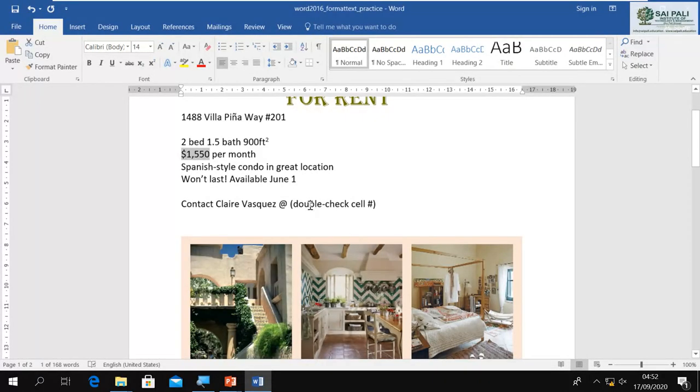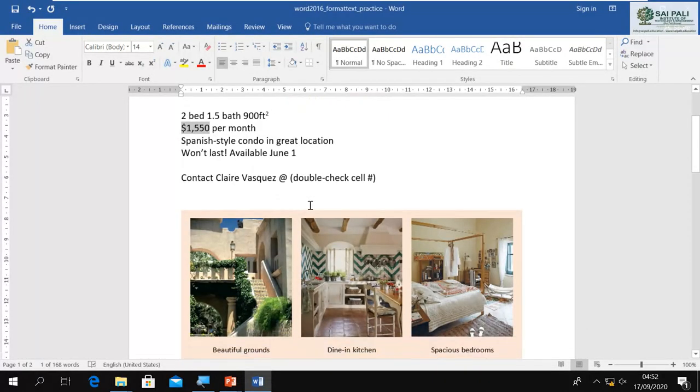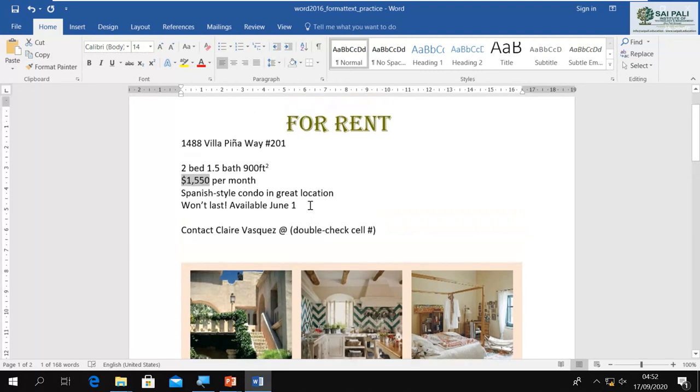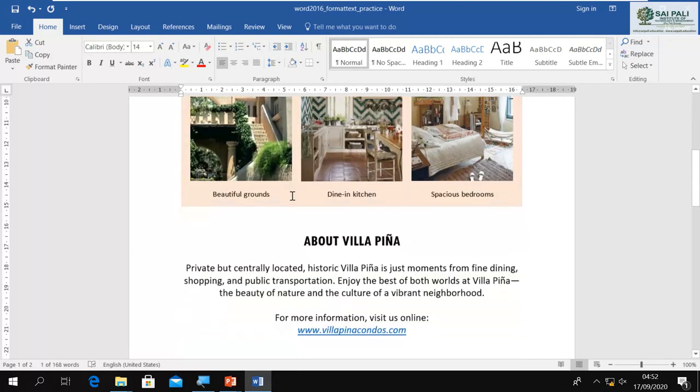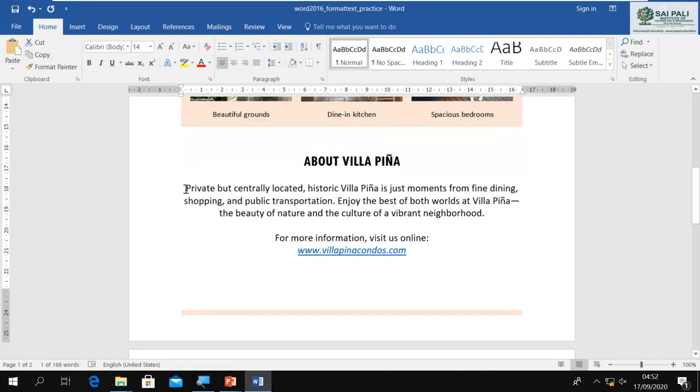For example, I want to change something. This is my whole line. Let's say I select the whole paragraph. Now I want to change it. If I want to change the case, you can see how it is written here.